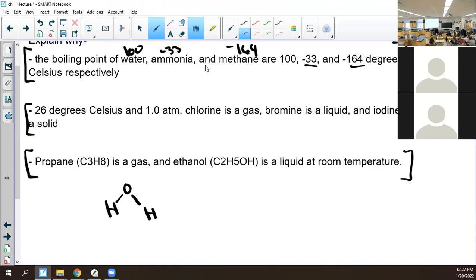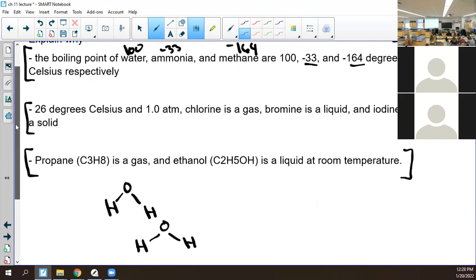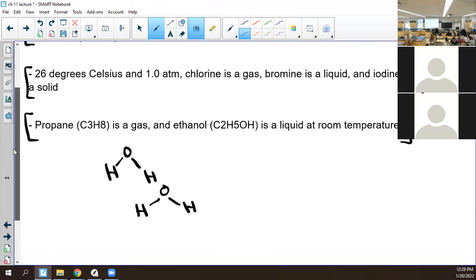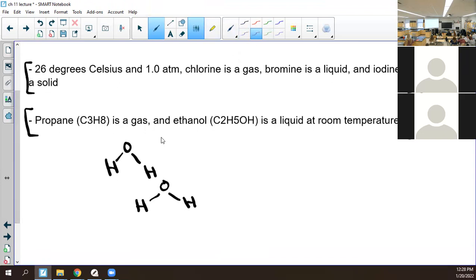So if it boils at -164, that means it has really low IMFs, like they're not attractive at all. So in water, you would have to explain that it has the highest because of what? It has dipole-dipole. And what else does it have? Hydrogen bonding